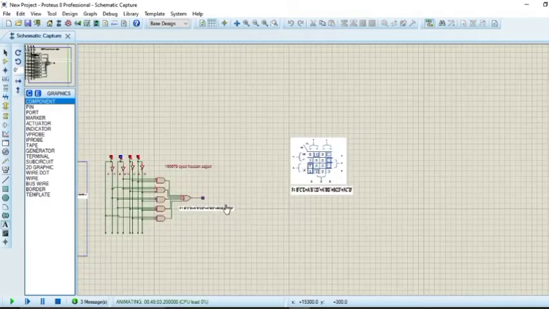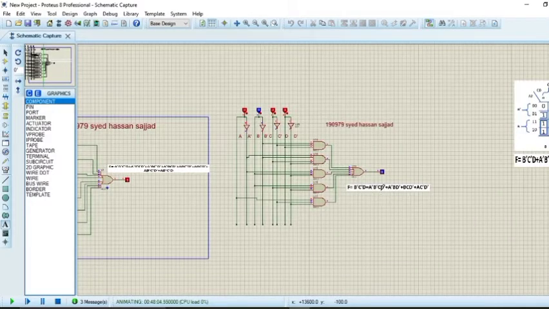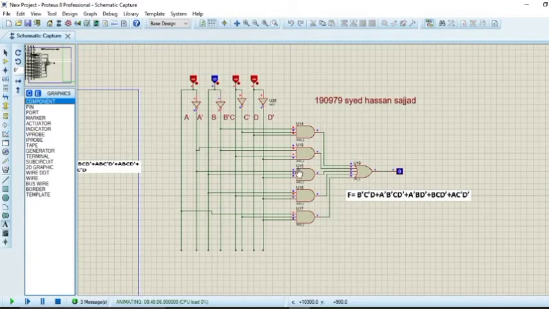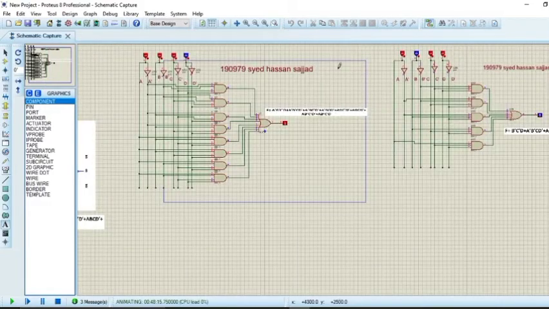And then you will see that I have implemented this circuit using this equation, and you can see that this circuit has now become quite easier because there are no 8 outputs originating from the AND gates. The AND gates are a total of 5, with 3 inputs each. So you can see a lot of difference between these two functions, and both of these functions are giving the same output.